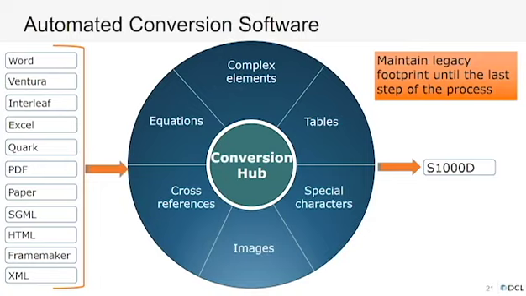So this approach saves you a lot of time and money because you don't have to reinvent the wheel with every new project. Items like cross-references, regardless of the legacy data, will look for keywords like figure, tables, refer to, and all that kind of keywords that appear regardless of the format. So as long as you normalize the source data, you can use that routine on any kind of input that you put in, and the result will be the same. But it does require you to analyze the data and see how you get to the approach where you normalize all your data.